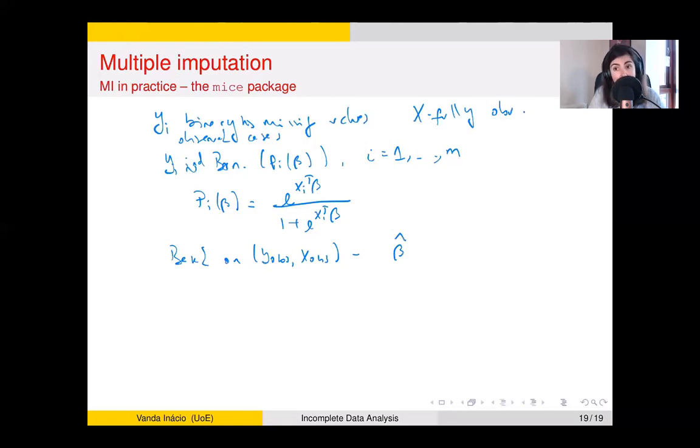In mice, they also use a Bayesian procedure, so beta are draws from the posterior distribution of the parameters. I can also do this with a bootstrap version, okay? And once I have beta estimated from the observed data, what I do is I predict